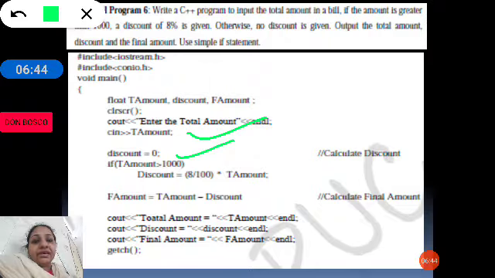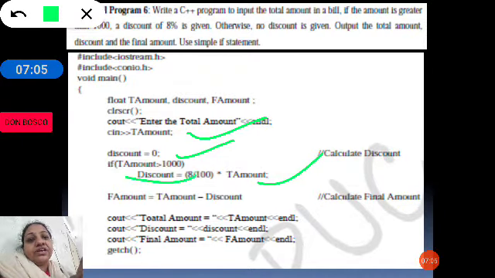If TAmount, the total amount that is the bill amount, is greater than 1000, then discount is equal to 8 by 100, that is 8%, into total amount. So, we are calculating the discount, 8%, only if the amount is greater than 1000, otherwise the discount will be 0.